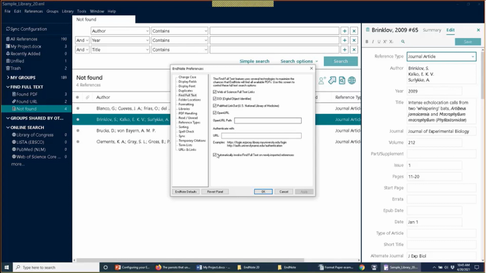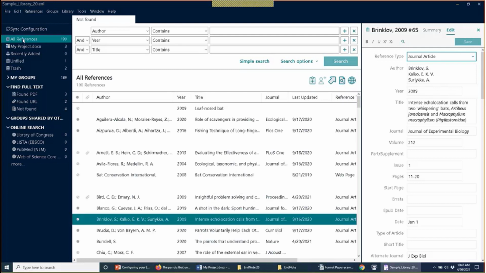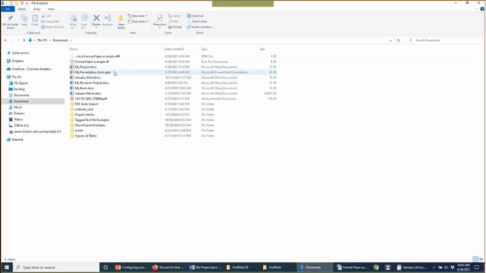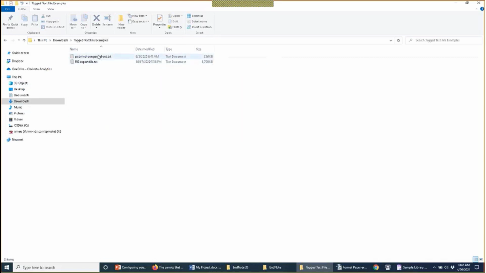So I've just marked this last option here, automatically invoke find full text on newly imported references. If I click OK on this window, I believe I have a sample text file that we can try to import. Let me just take a look in my downloads folder quickly. If not, I can create a new one if need be, but I believe we have some examples. Yes, we have a couple of examples here, one from PubMed and one from another information provider, perhaps Web of Science. But let's try to import the PubMed file since it's smaller, just due to time constraints. So I'm going to leave this File Explorer window open, but I'm going to return to my